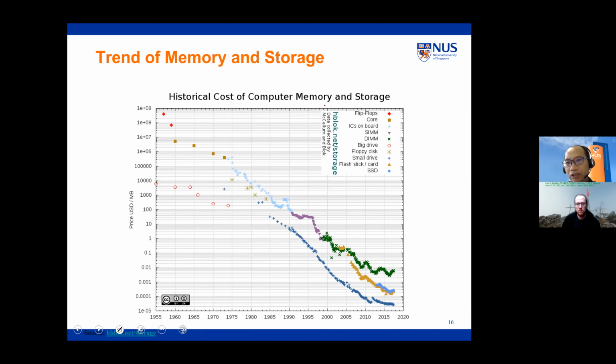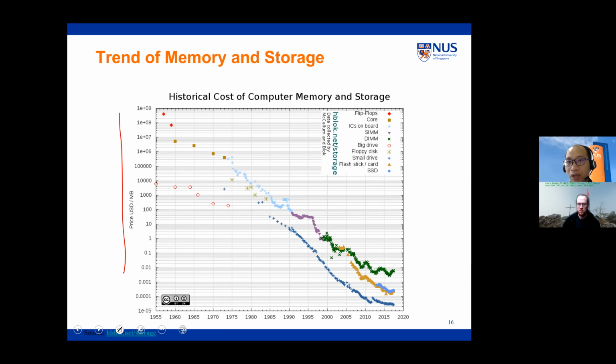So we have finished talking about the processor side. If you look at the storage side, something very interesting also happened in the past decades. As you can see, we show the storage price in terms of USD per megabyte here. Something you need to pay attention to is that this is a log scale. The storage price dropped significantly in the past decades, almost exponentially. What this means is that storage becomes affordable for in-memory computing.